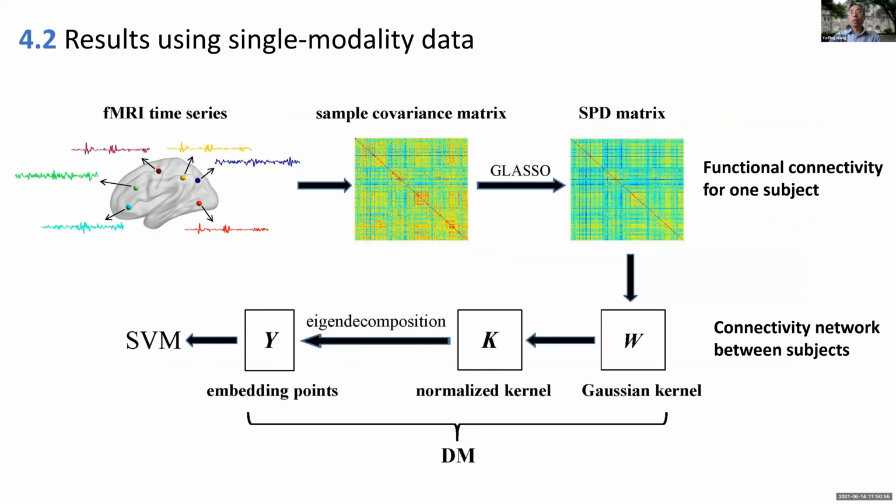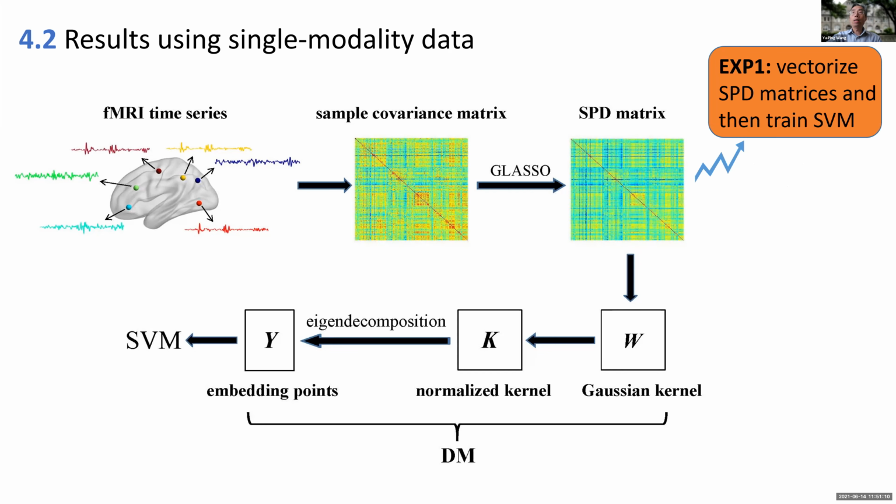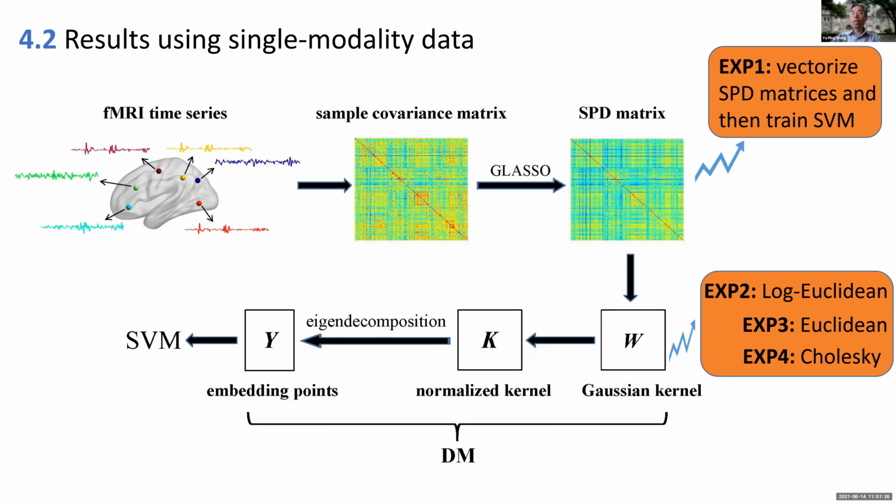Now, let's look at our diffusion map-based approach to make predictions. This is our general framework that we introduced before. For the first experiment, we simply vectorize the functional connectivity matrix without performing feature selection. The second experiment